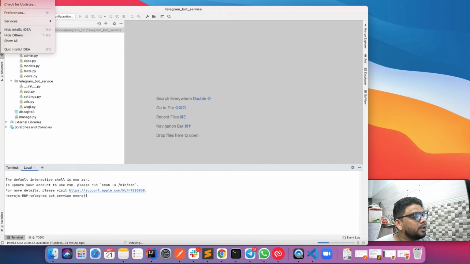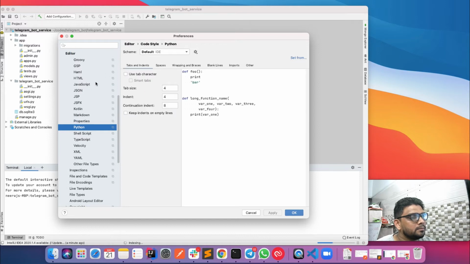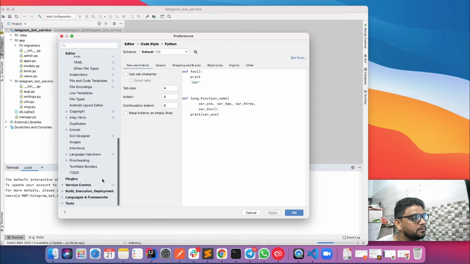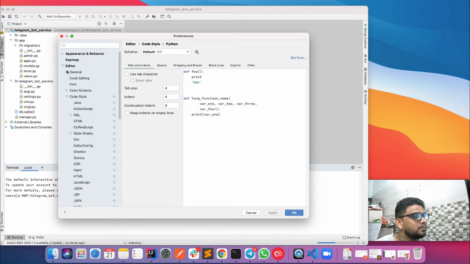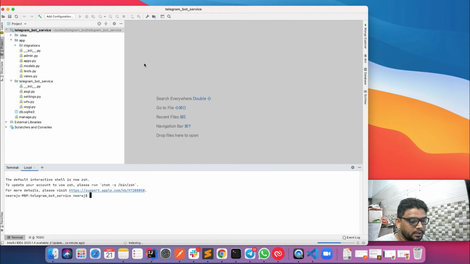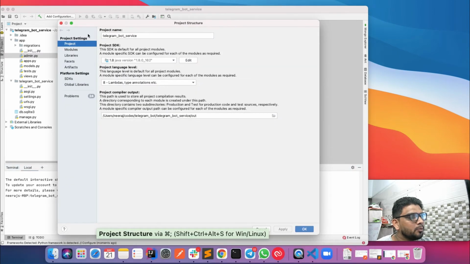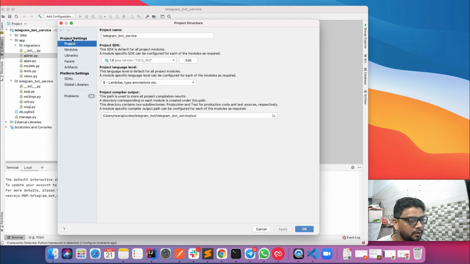Let's go to IntelliJ IDEA and open preferences. I need to go to the project settings. The shortcut to open the project structure settings is command and semicolon.